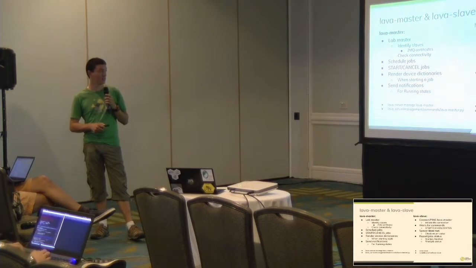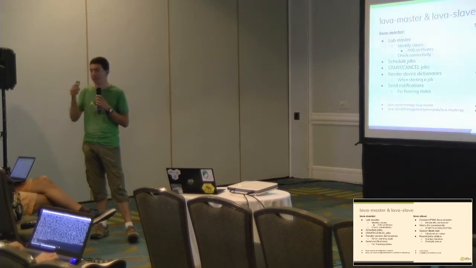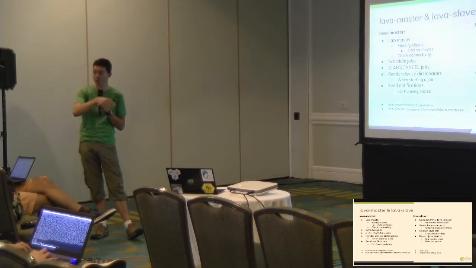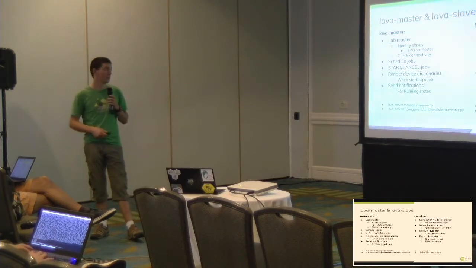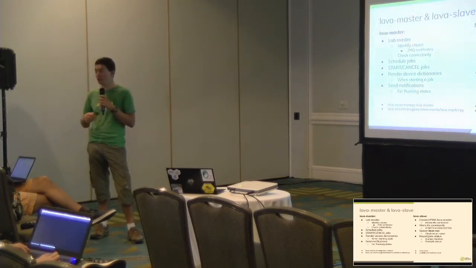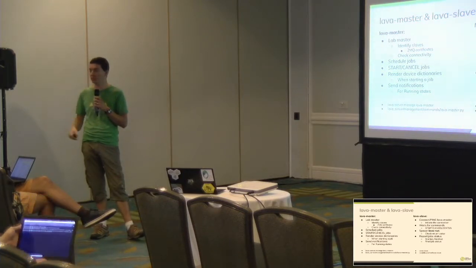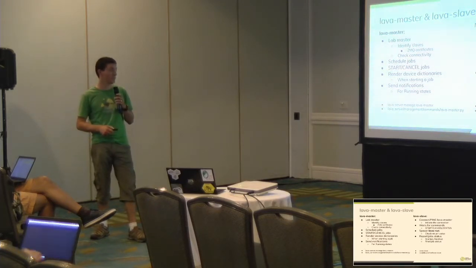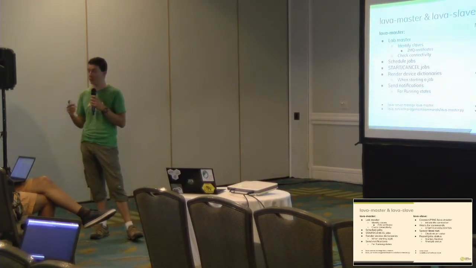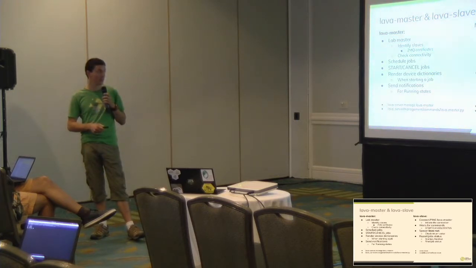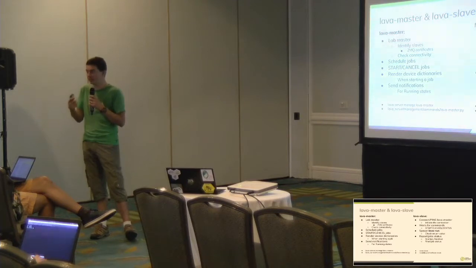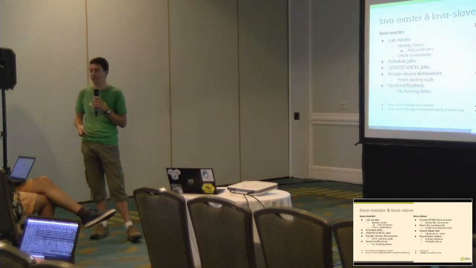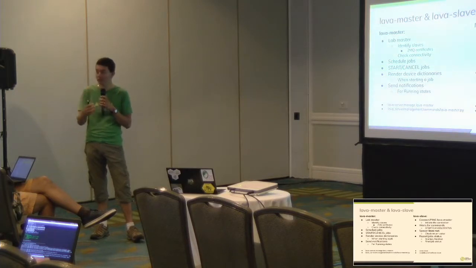If you go to the dispatcher, you will have a Lava Slave process. As I said, it's a master and slave architecture. So the slave is connecting back to the master, and it will create a network. And it's mainly just waiting for commands, for start, cancel, status commands, and it will execute the commands that are sent by the master. So when it receives the start command, it will spawn a new process called lava-run, which is the only process that does, in fact, talk to the board. Lava Slave is just responsible for spawning new processes. We will have one lava-run per job.